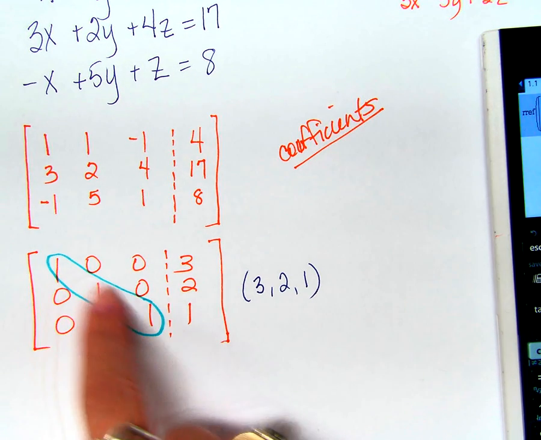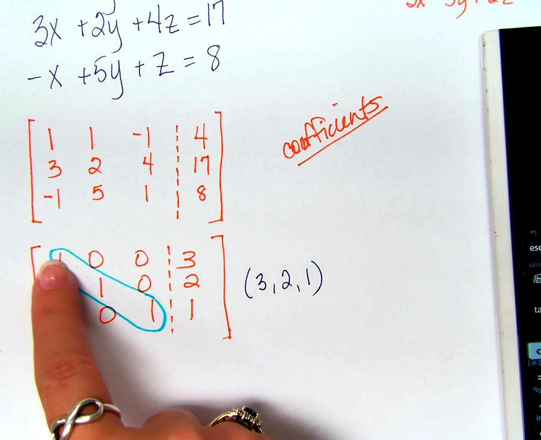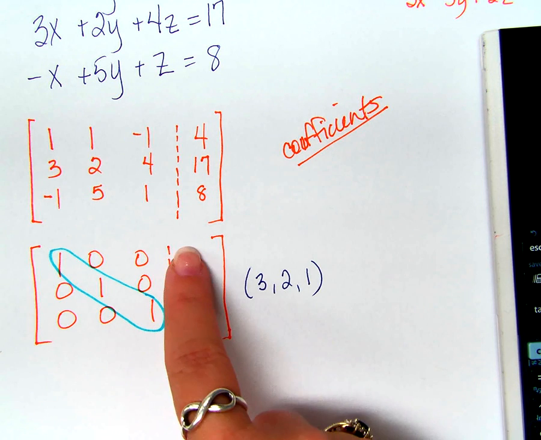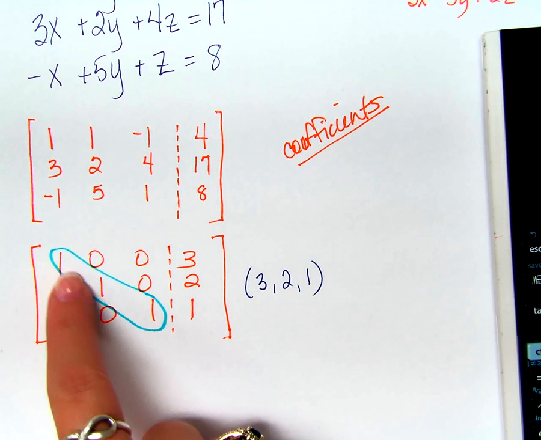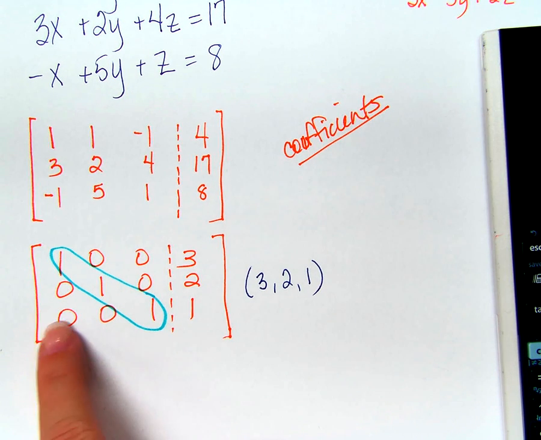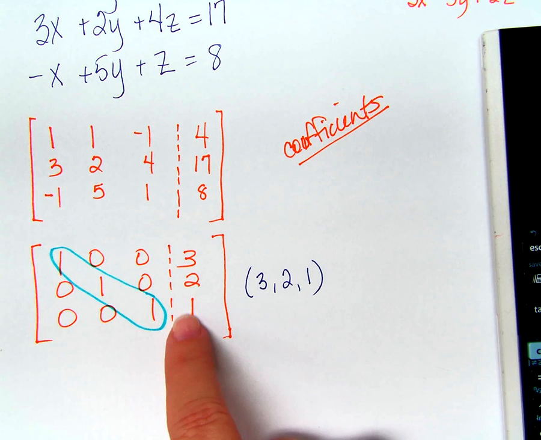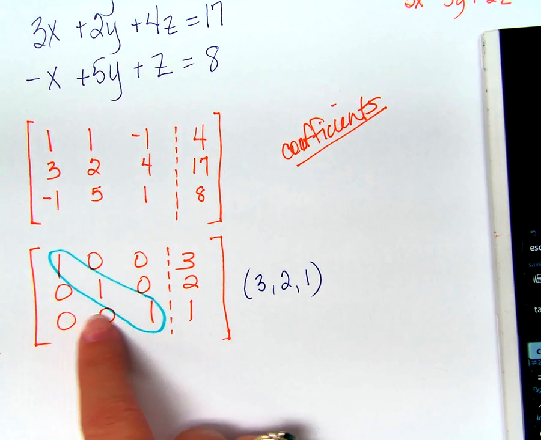When you first get this answer in reduced row echelon form, what does that mean, by the way? I told you a minute ago, I'd tell you what it means. Reduced row echelon form means you have a diagonal of 1s. So this column is your answers. That's reduced row echelon form. Okay? If this diagonal is not 1s, you have to be careful. If the bottom row is all zeros except for a number right here, that is no solution. If the bottom row is all zeros,